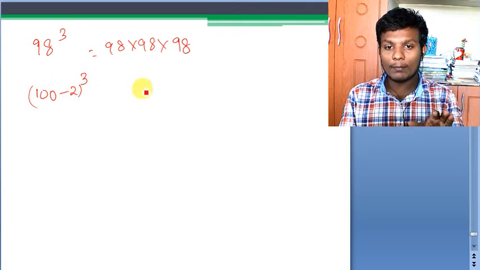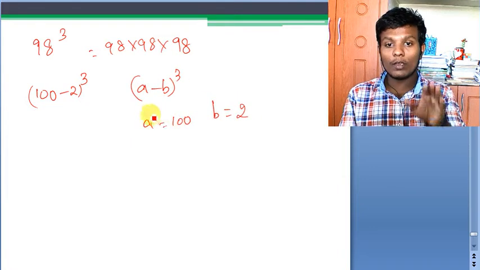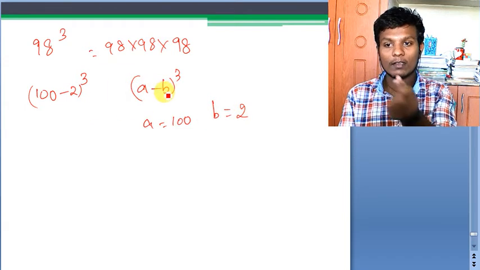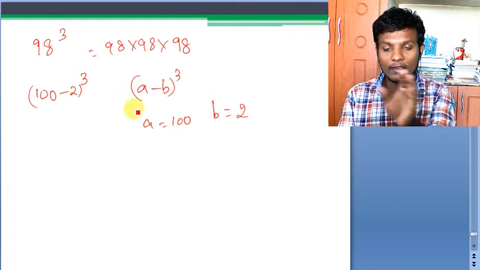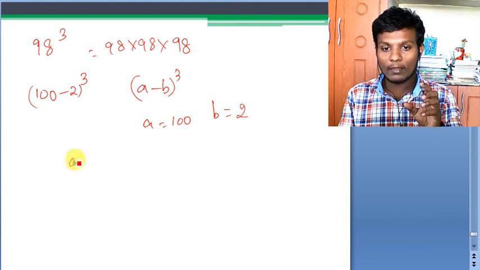Now it became (a - b)³. a is equal to 100 and b is equal to 2. Some of you in confusion will write here minus 2, but you are comparing only the numbers here. a is 100, as it is you have to take. Now see, we know (a - b)³ as a³